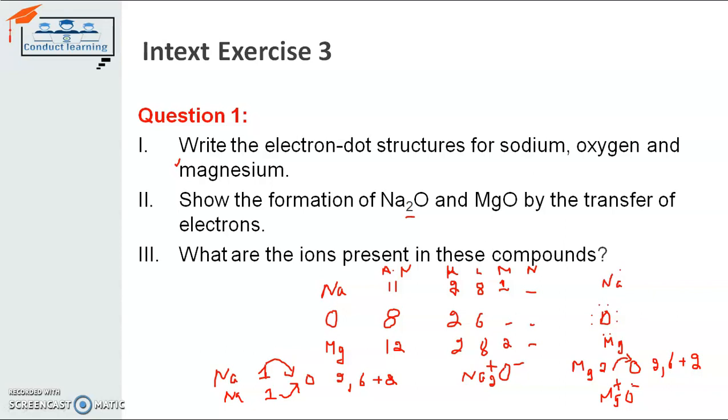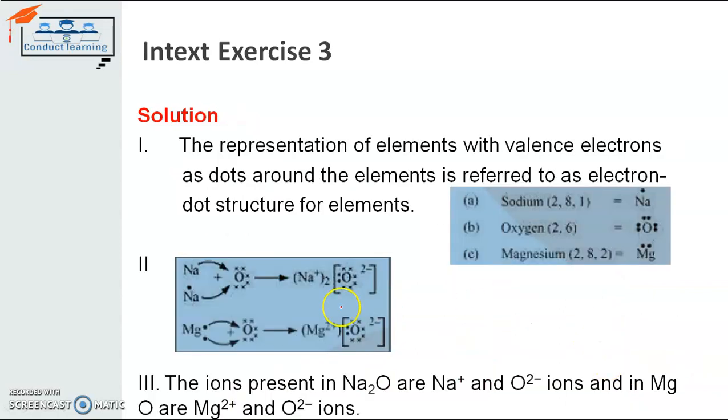The same thing is also written there. As you can see, sodium is giving its electrons. The 2 atoms of sodium are giving their 1 electron each to oxygen, so that the oxygen gets stable and the bond is made between the sodium and oxygen, and it will be Na2O. For magnesium, magnesium will share 2 valence electrons with oxygen and the bond will be MgO, where sodium and magnesium both will be positive and oxygen will be negative.